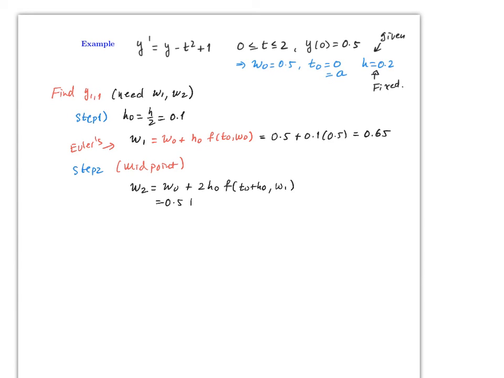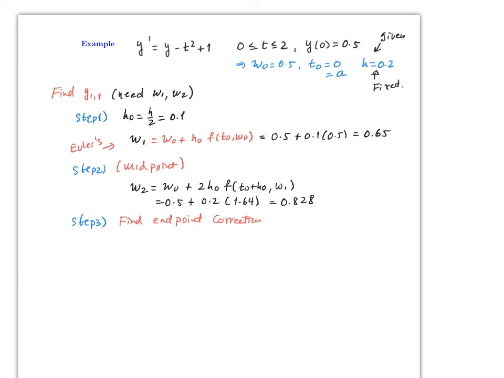So it will be 0.5 plus 0.2 times 1.64. You should check all of these computations, and this is just equal to 0.828. Then remember for step 3, you need to find the endpoint correction,